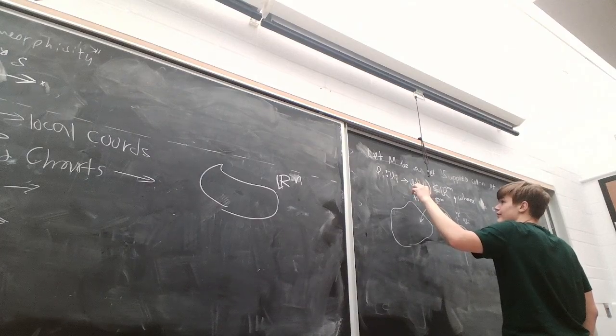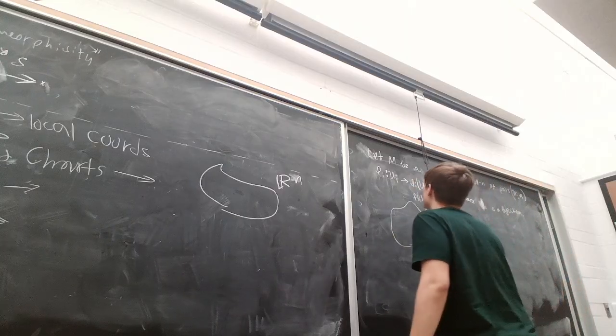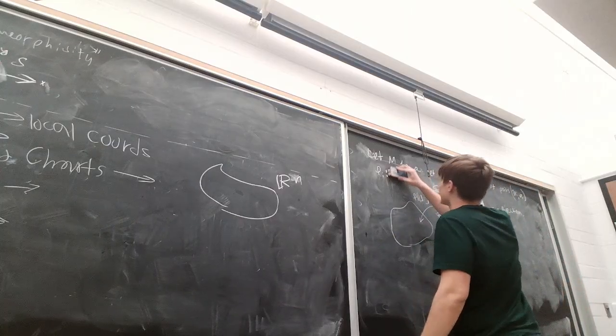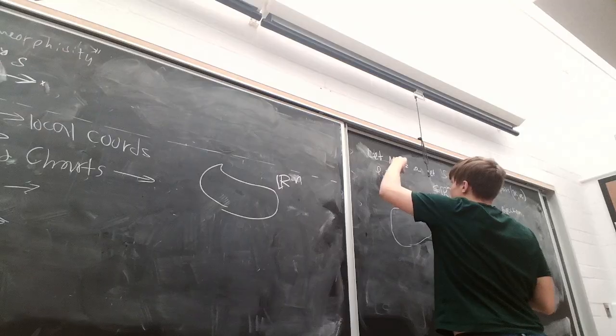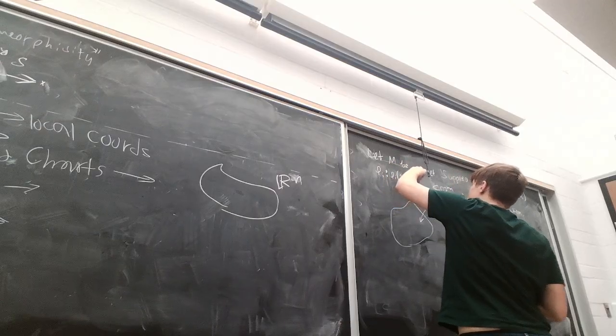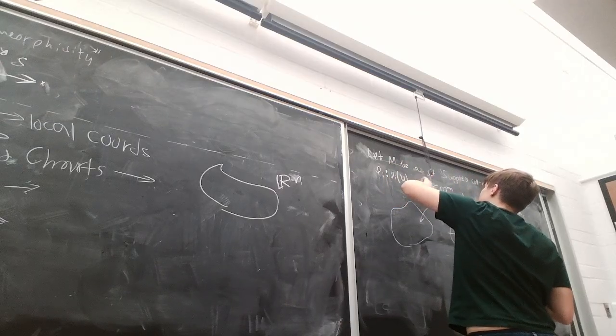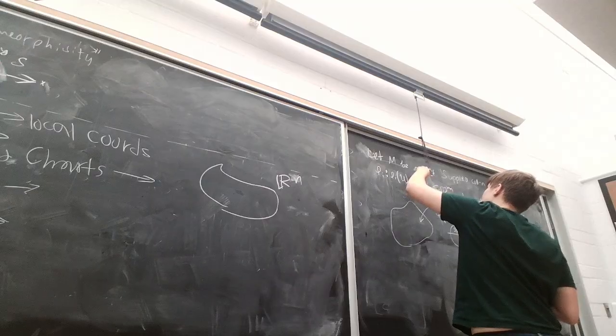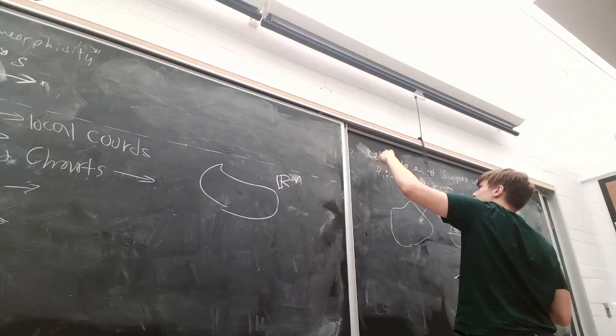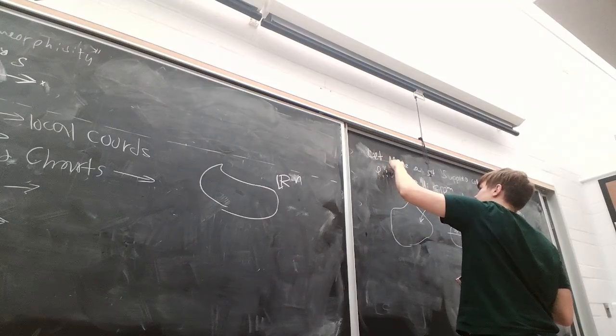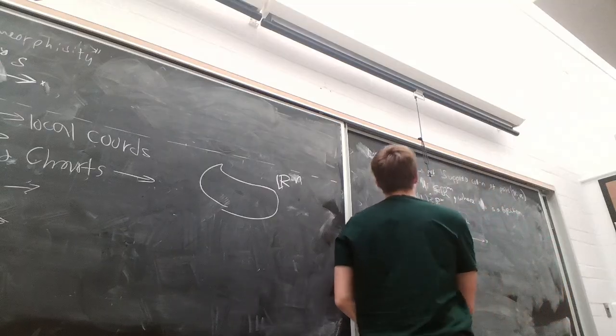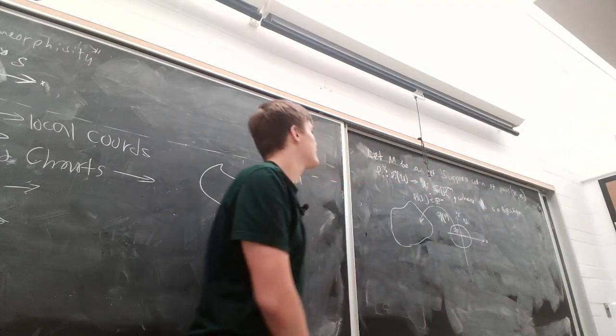Well, actually, it would look ugly. I mean, it looks ugly anyways. So maybe, because then it would be like phi inverse of UI. It would have to be phi inverse of UI. Okay, so we've done it, and then the phi inverse of UI would be the subset of